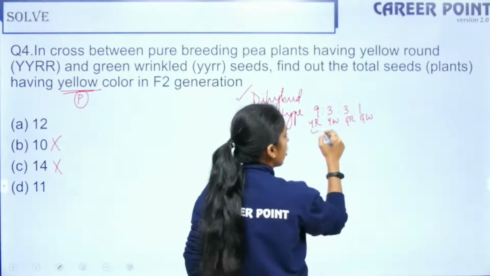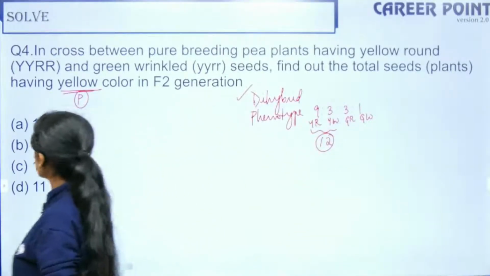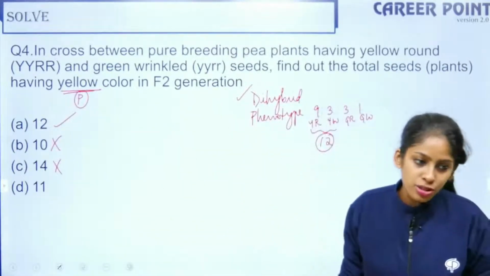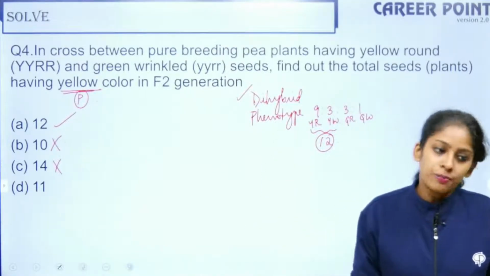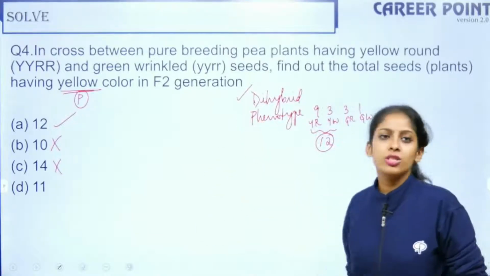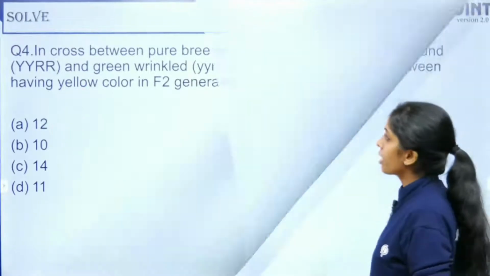So they are asking the number of yellow color. So 9 plus 3 is 12. So here your right answer is 12. Shimpi gave the right try. Yes, Prince, absolutely right. Vishal also right. So here it is option A, that is 12. So this is how you have to find. This should not take minutes. It should be easy to solve. Please don't make mistakes.